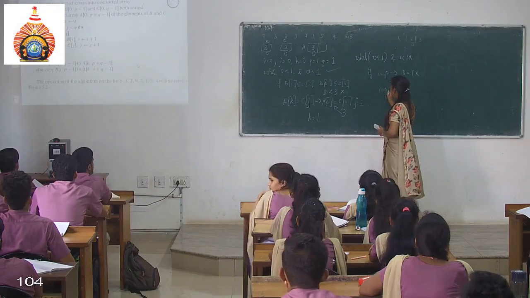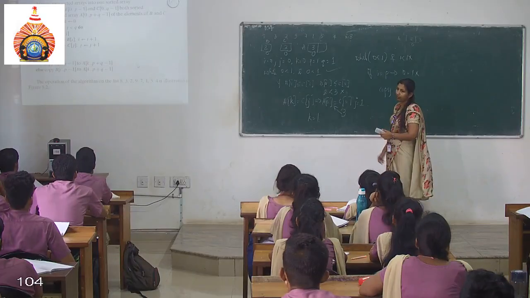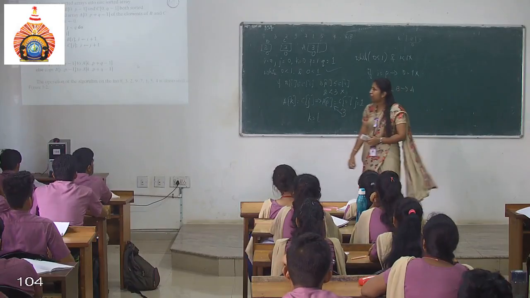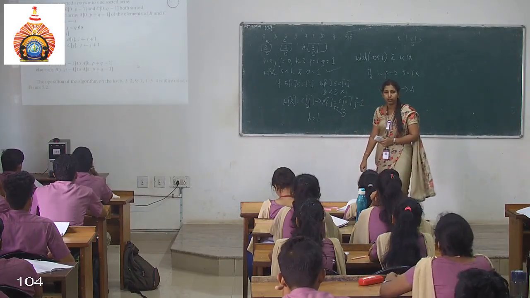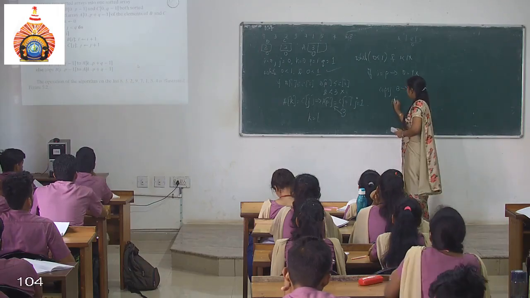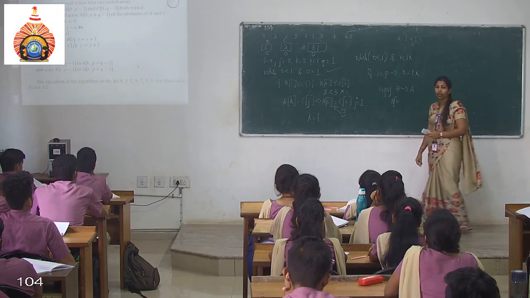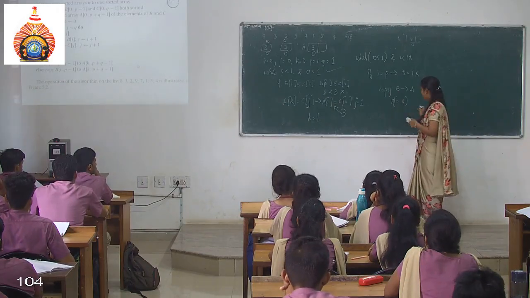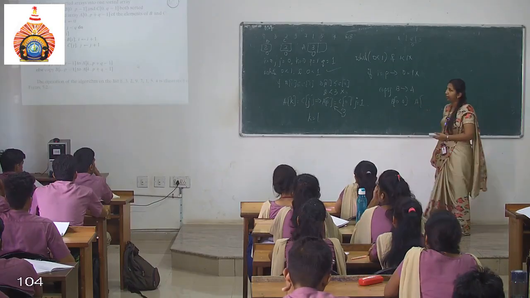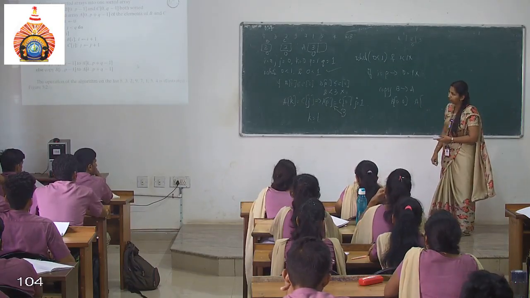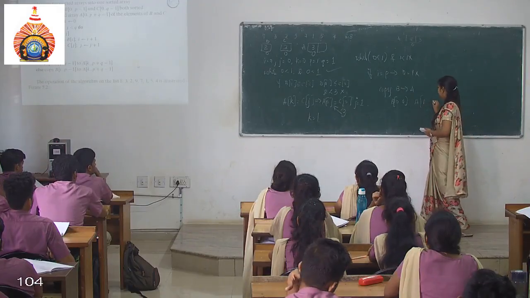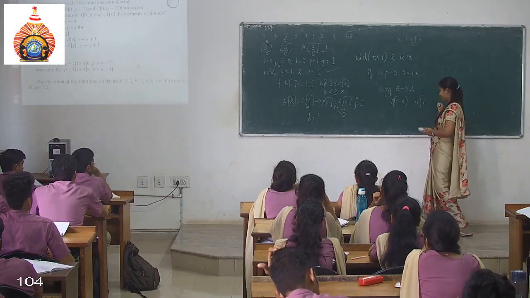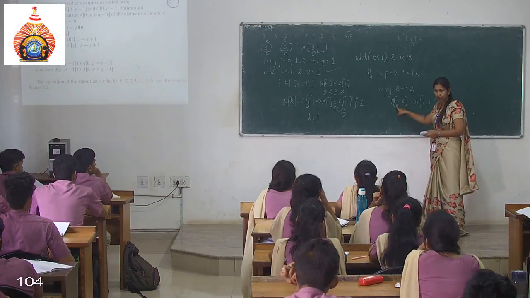So the else part: copy B to A. Correct? What is there? B of I to P minus 1. I is 0, so B of 0 to P minus 1, which is 0, because I have only one element. Copy B to A. To which index of A do I have to copy? K is 1, to P plus Q minus 1: 1 plus 1, 2 minus 1, 1, correct? So the B of 0th element I should copy